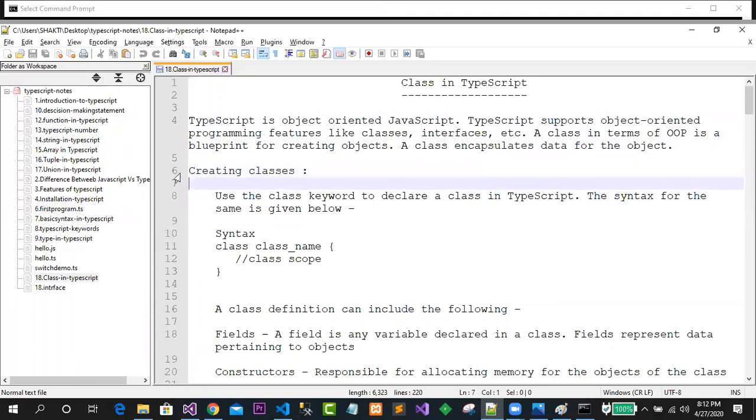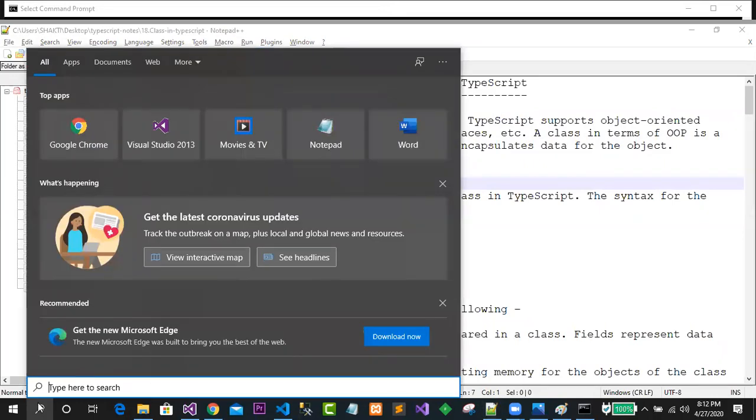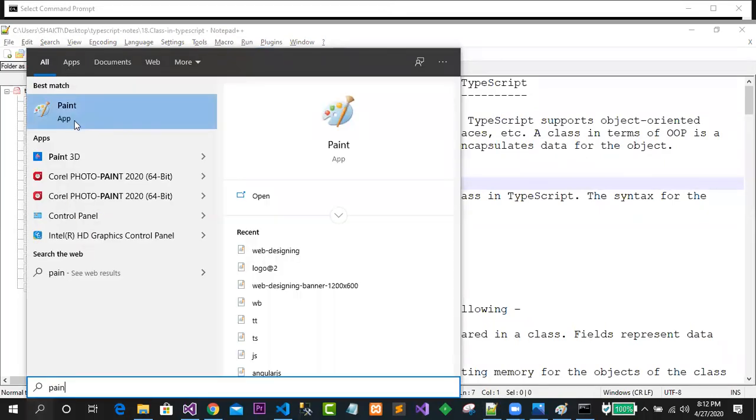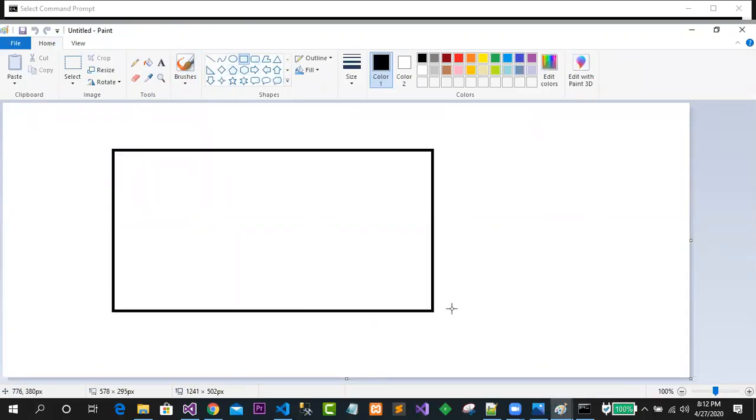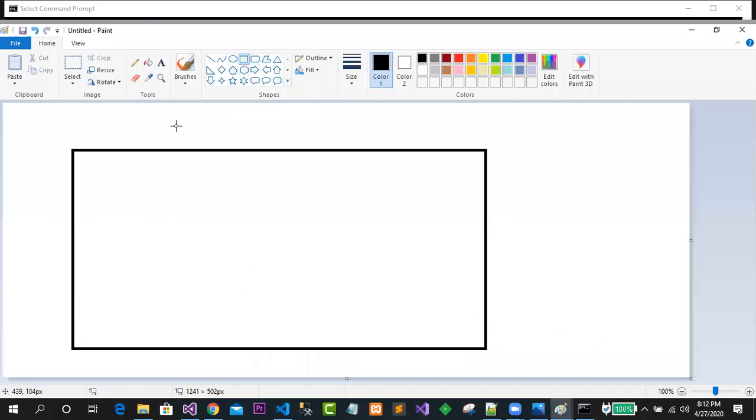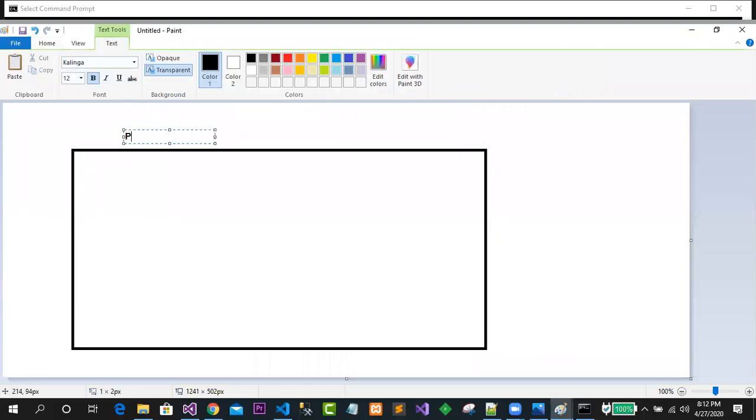Okay. Suppose I talk about a class. What exactly is the meaning? The meaning is that this is the blueprint of an object. So let's say this is my person. What is person? Person is a class.